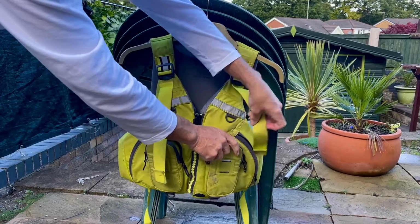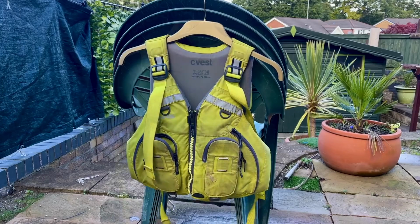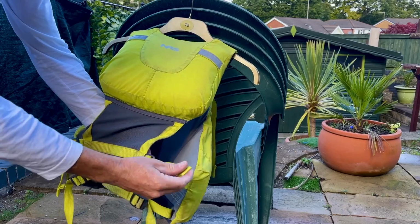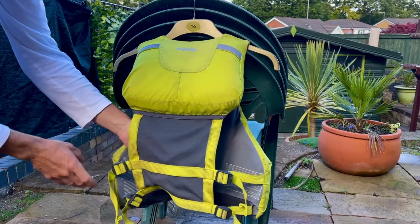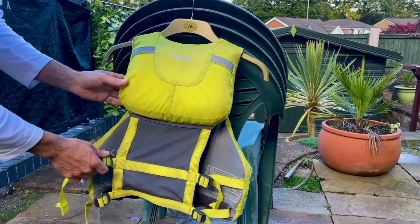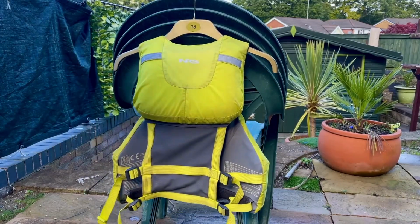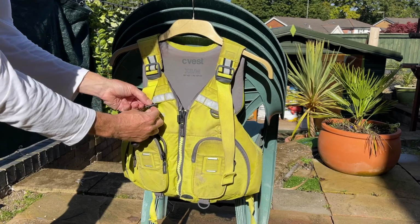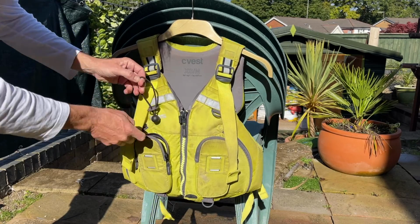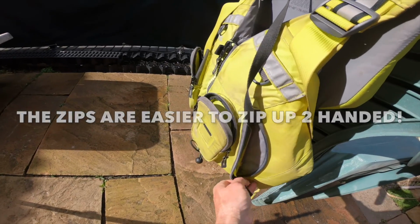Being designed specifically for touring, the high back flotation accommodates most kayaking seats well. The mesh lower back provides good ventilation when I am paddling in very hot weather in the summer. Two lash tabs and 4 D-rings offer opportunities for attaching a strobe, whistle and other accessories. There are reflective patches on the upper back, which can also be used as attachment loops. I personally have not, at the date of this review, actually attached anything to the D-rings or the lash tabs on the PFD. Instead, I tend to just use the 4 very good and roomy zip pockets to store things